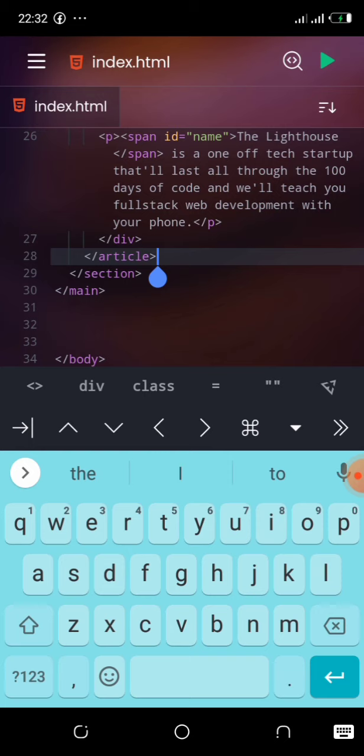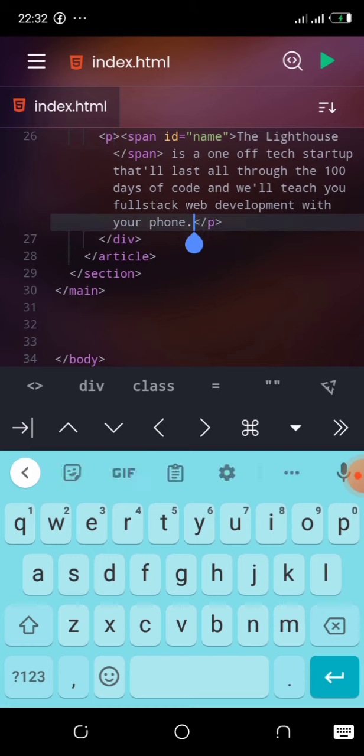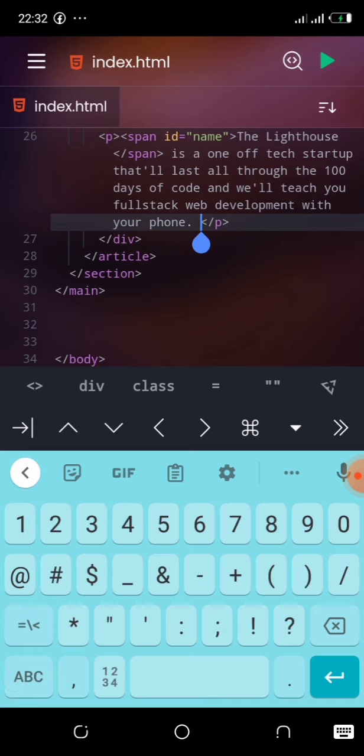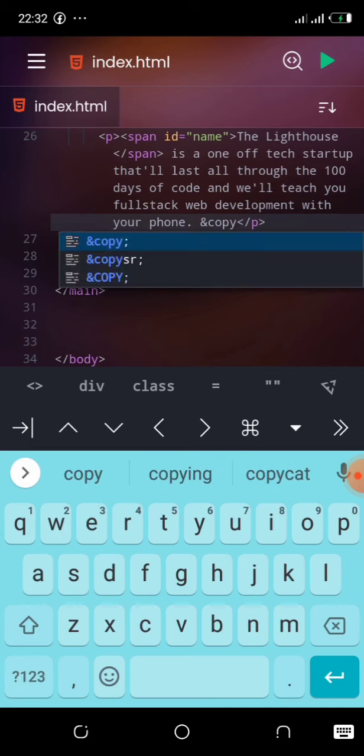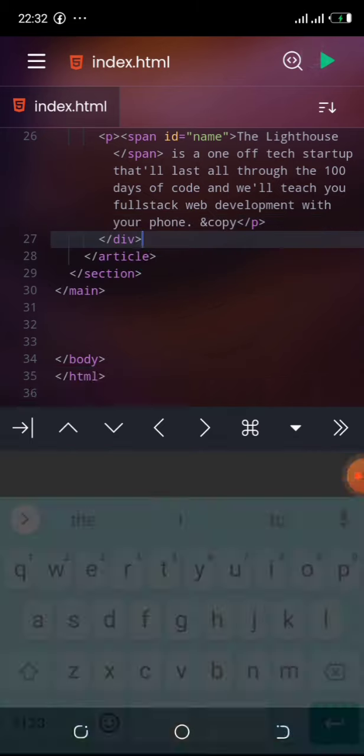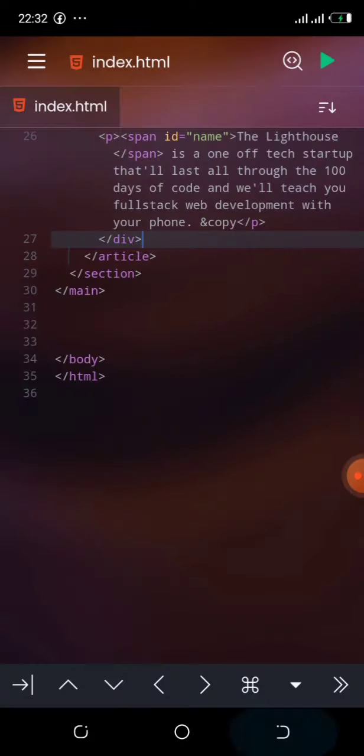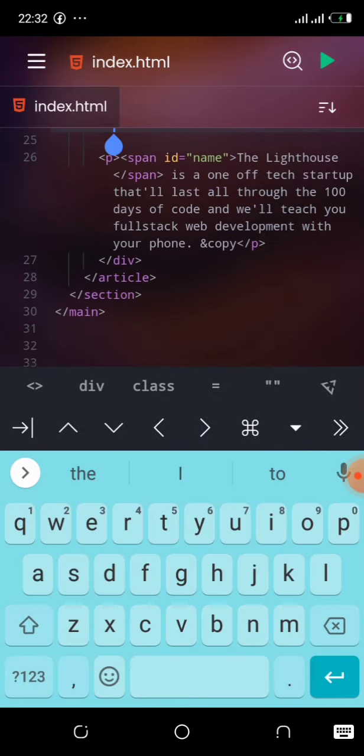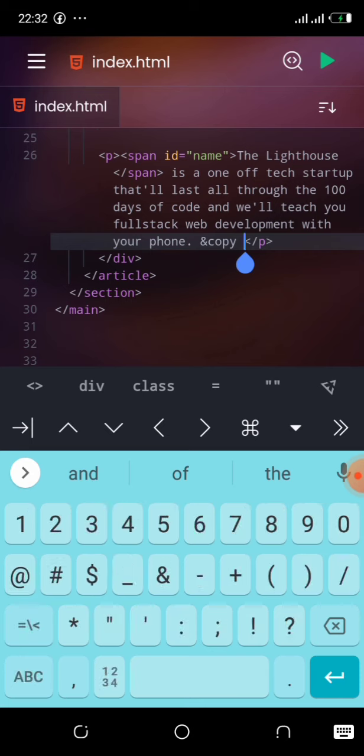Now I'm very sure you've seen special characters such as copyright, and so many of them, but I can't just pass them in directly. I need to do certain things. Like for instance, if I want to call in a copyright symbol here, I have to type the ampersand and copy, then run it. Bam, a copyright symbol is there. We have a list of many of them. I'm going to drop a link in the description because I can't possibly show you every single one of them